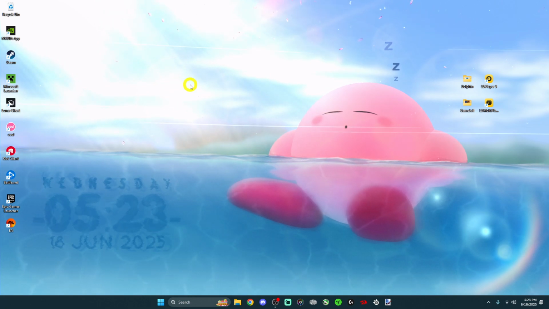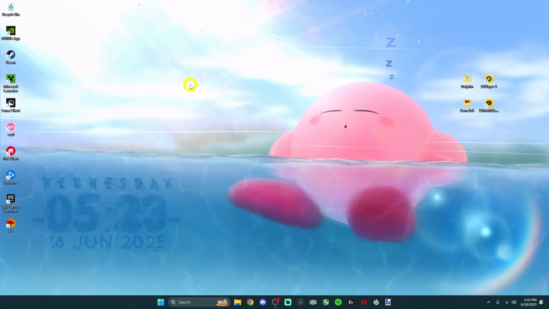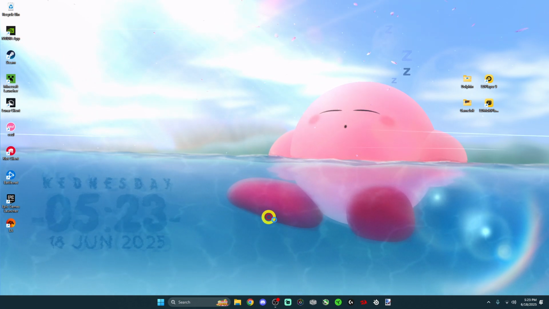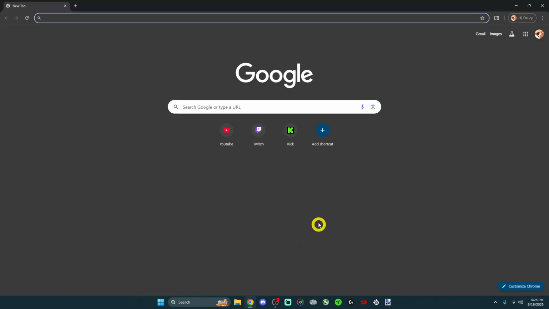Hello everyone, and in this video I want to show you guys how to get custom Google Chrome themes. So first of all, you're going to want to open Chrome, and then on the bottom right you're going to